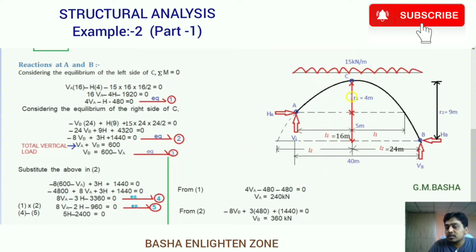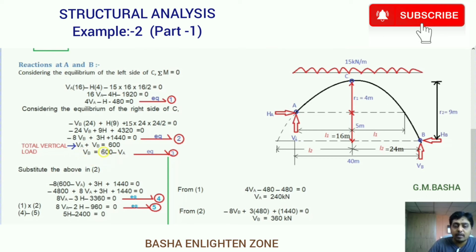50 into 460 into 0, 600 meters load will be acting downwards. So I am taking this side, that is 600 kilonewton load. Again VA, VB both are acting upwards, that is the reason we are taking VA plus VB. So if I want the first value in terms of VB, I am taking VB equal to 600 minus VA. If I want the first value in terms of VA, I am taking VA equal to 600 minus VB. So take down according to your wish.